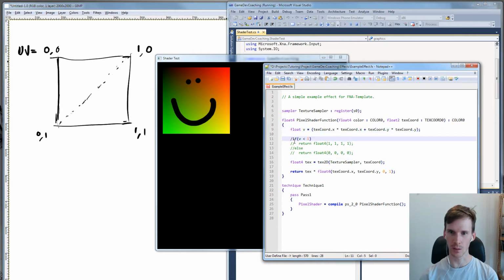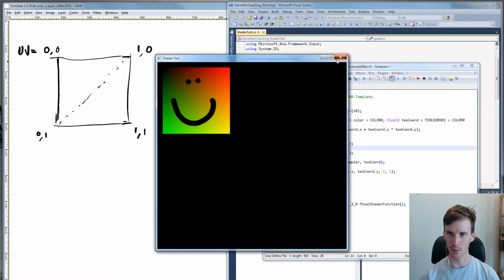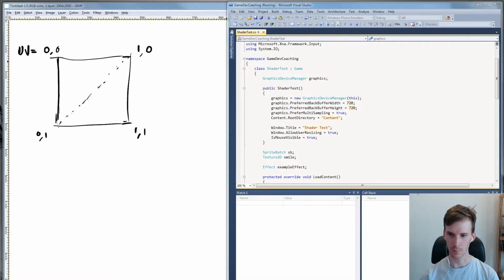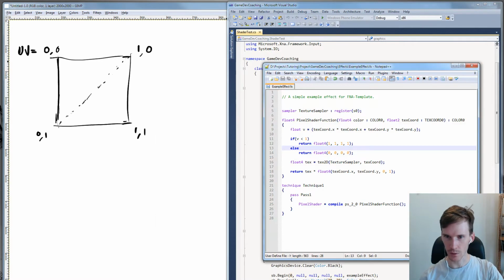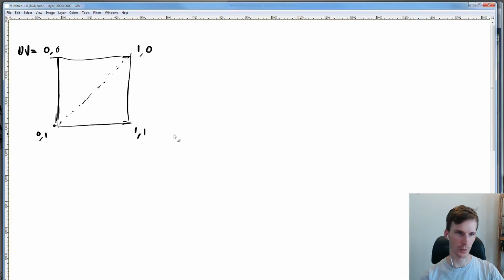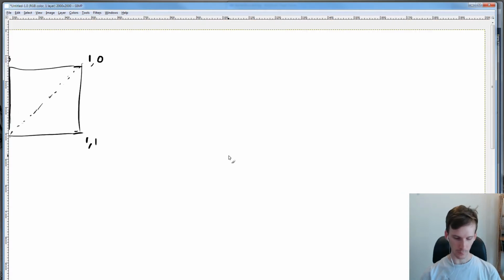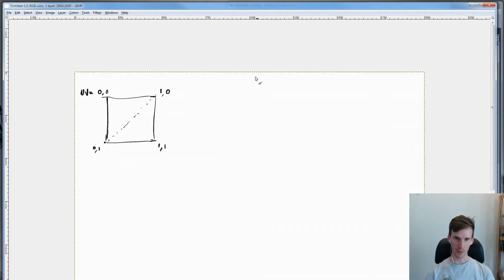So I think what we're doing here is pulling back that test code that we did at the end of the previous lesson, which produced this quarter circle. That's generally what this particular lesson is going to be about: the how and the why of making a circle like this. So let's see what's going to happen. First of all, I'm just going to have to watch and see what I actually drew at the time.